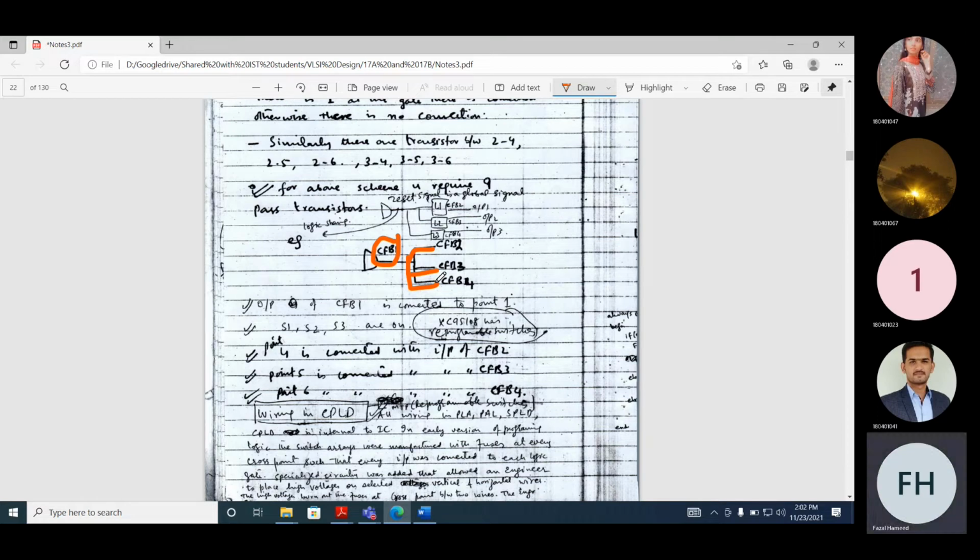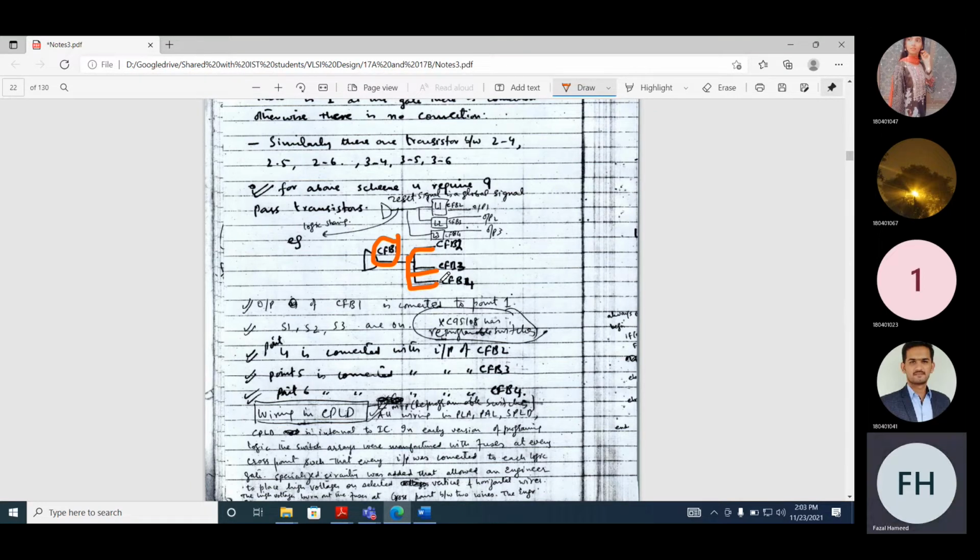If you remember the example of the counter that we studied previously, it was a 2-bit counter. Q0 was feedback, and Q0 was also fed back to the second macro cell, where we used an exclusive OR gate.